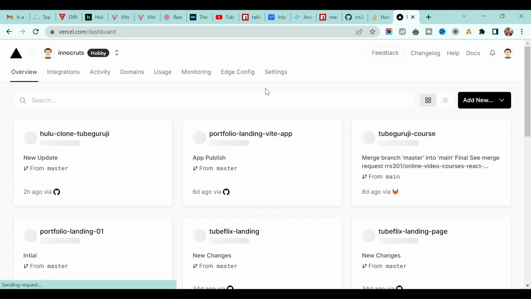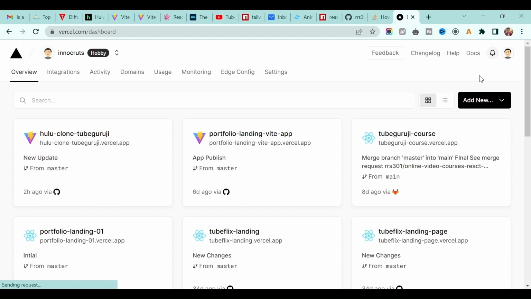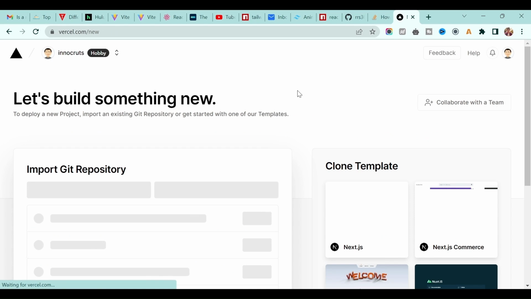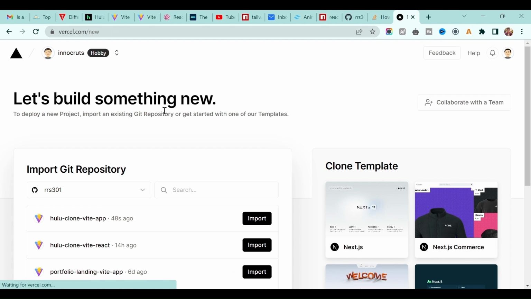If you don't have an account on Vercel, you can create one, or you can use Netlify as well, but in this case we will use Vercel. Now just go here, click add new, and click project. Here you have to connect your repository with GitHub if you are using GitHub, or GitLab if you are using GitLab. Depending on which repository you are using, just connect it. Once connected, you will see your project name here, hulu clone with app, and its symbol.